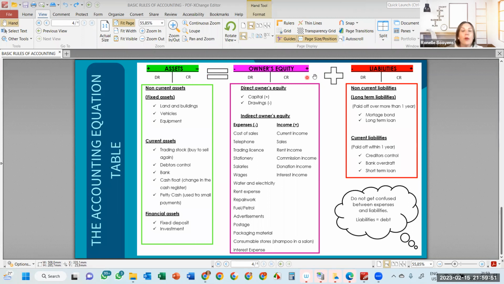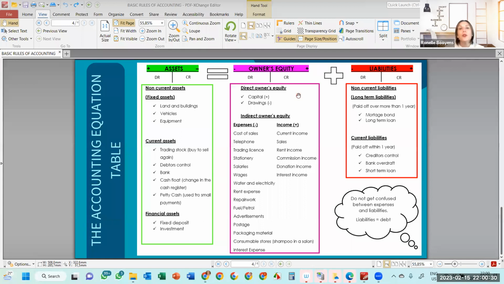When we look at owner's equity, so remember, now we said that owner's equity is actually the owner's interest in his own business. So the part that he has in his own business. Now, when it's a sole trader, everything that the owner has put into the business is due to him, or the business owes to him. But obviously, if the business later owes money to outside parties and businesses, the equation expands a bit. Now, remember we said that we need to keep the business's transactions and the owner's personal transactions separately.